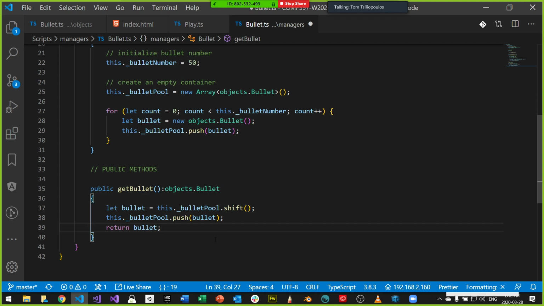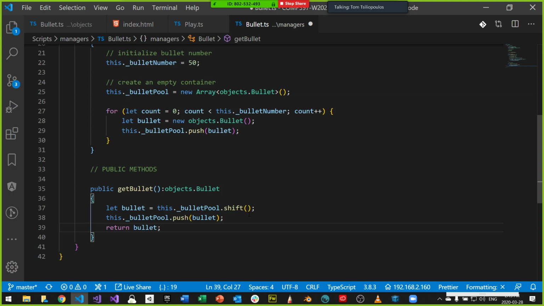Well, because if I return it back into the pool, this getBullet keeps cycling through the pool. I move it out, I get a bullet, and the question for you is, should I make it active now, or should I wait for whoever's calling it to make it active?